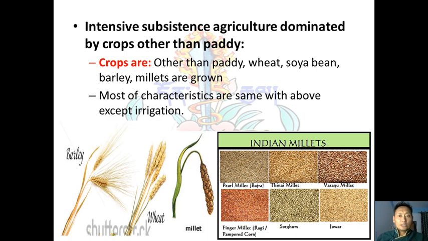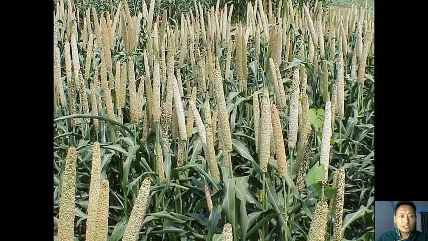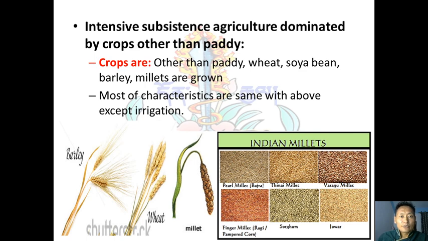So the next topic related with subsistence agriculture is intensive subsistence agriculture. Another type of intensive subsistence agriculture is dominated by crops other than paddy. Other than paddy means, we can say, rice. So other than rice, what are they cultivating? Crops such as, mostly they are cultivating wheat. Below we have images, right? Wheat and soya beans, barley and millets. So these are the types of crops that they are cultivating in intensive subsistence agriculture other than